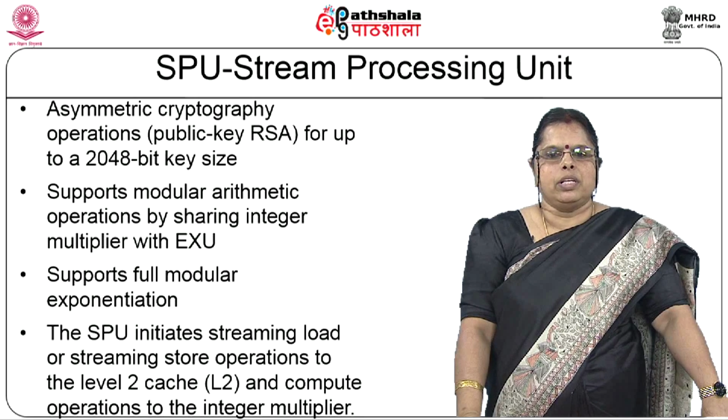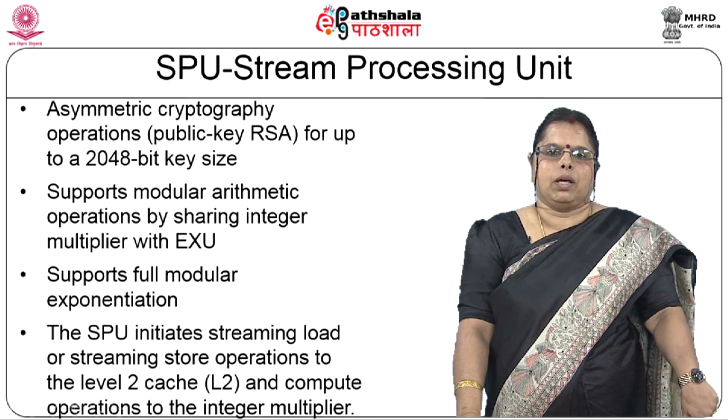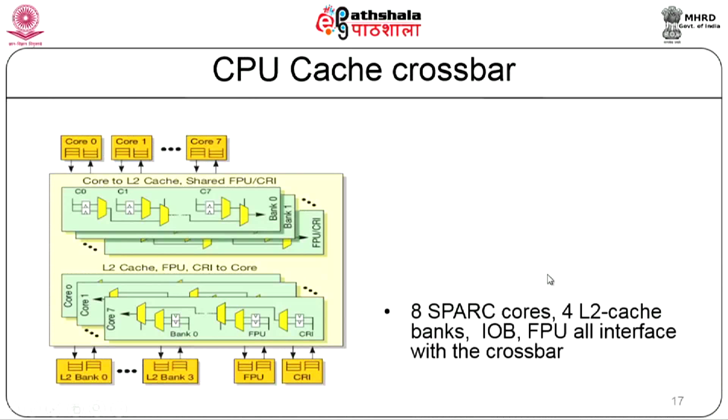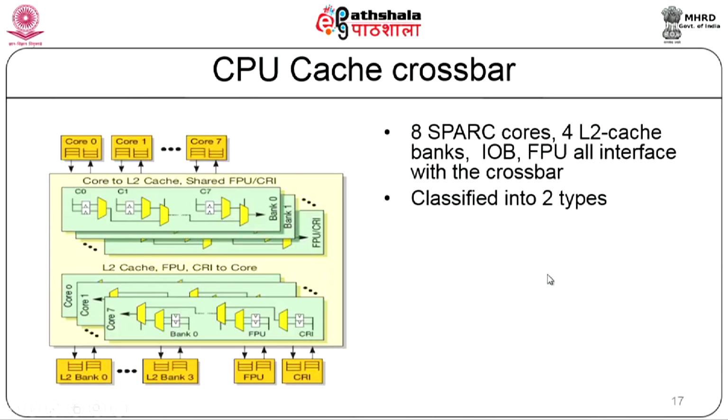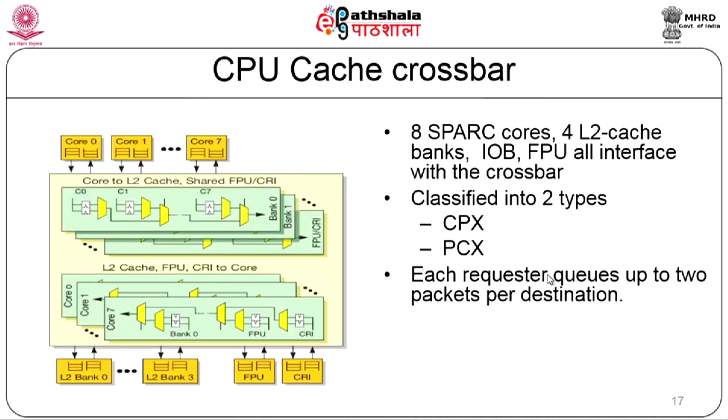The CPU initiates streaming load or streaming store operations to the level 2 cache, L2, and compute operations to the integer multiplier. So, if you look at the CPU cache crossbar here, you can see that the various cores of your SPARC processor, the UltraSPARC processor or the Niagara, are connected to your L2 cache through the crossbar. So, you have 8 SPARC cores, 4 L2 cache banks, and the IOB and floating point unit all interfacing with only